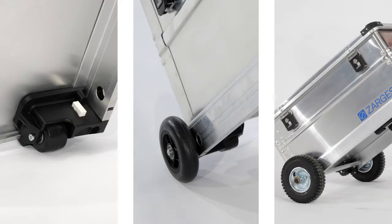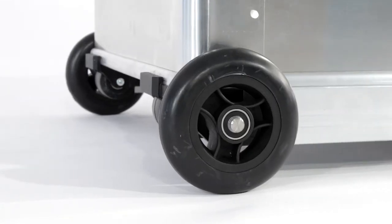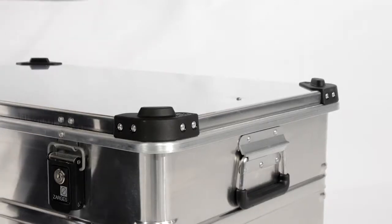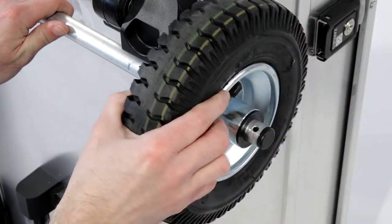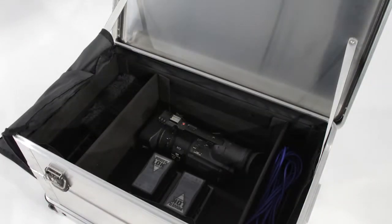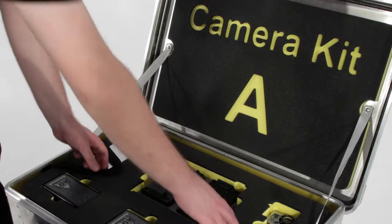On call with lightweight aluminium versatility and durability that's ready for anything, with everything you need in one lightweight mobile case that is so easy to transport. The ZARGES K424 XC offers uncompromising protection with maximum mobility and minimum weight, yet it can still be customized to your exact requirements, including a robust water repellent inner bag, lid bag, or even bespoke foam inserts for sensitive equipment,